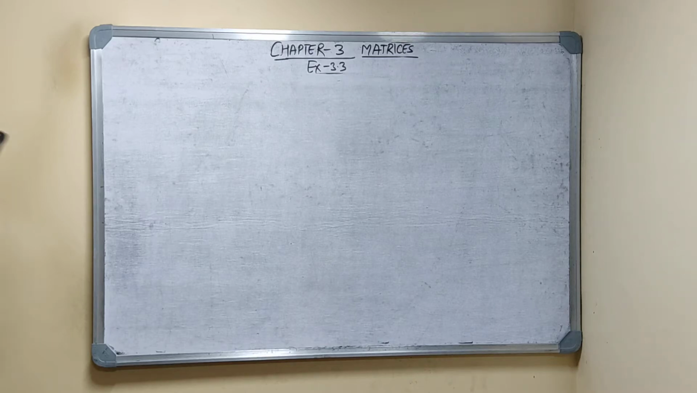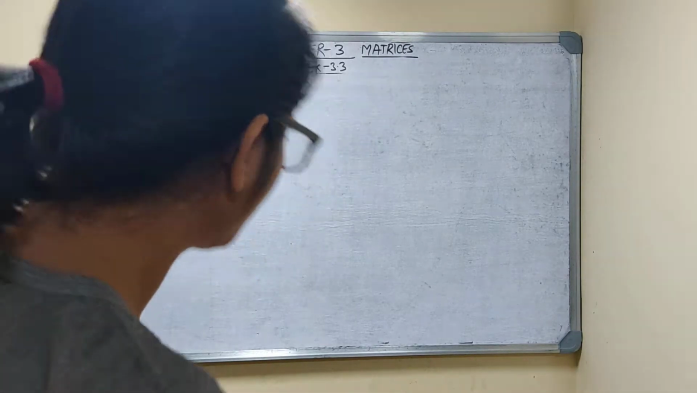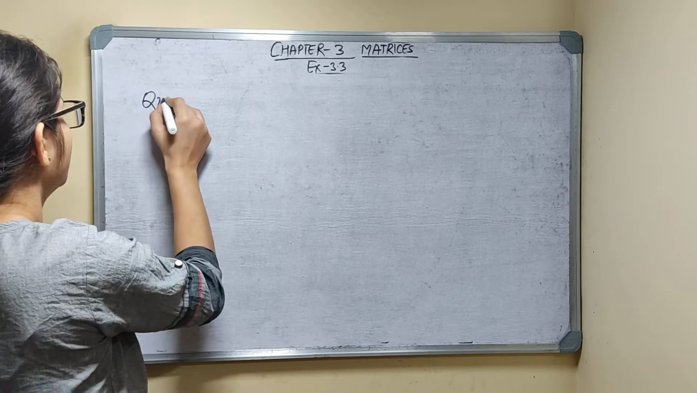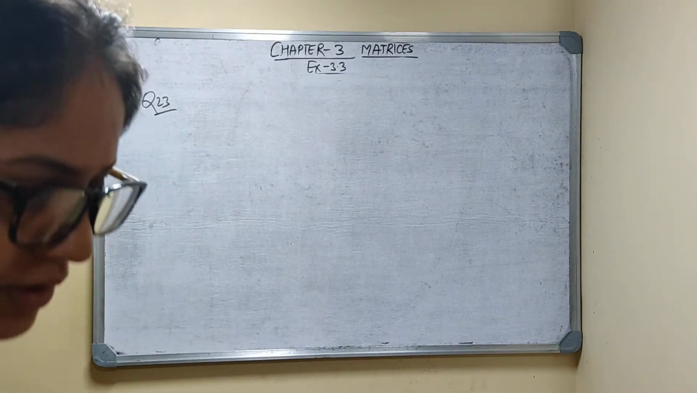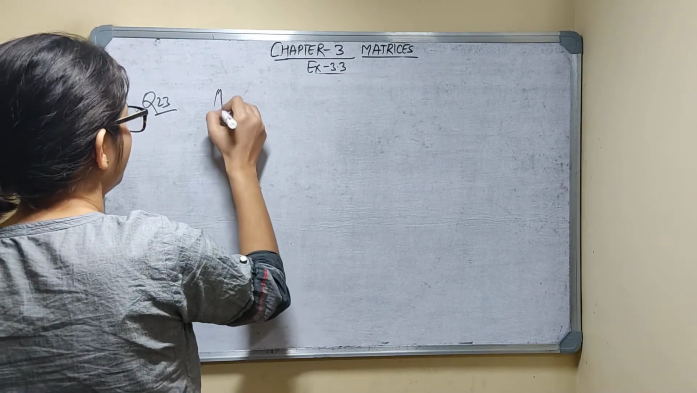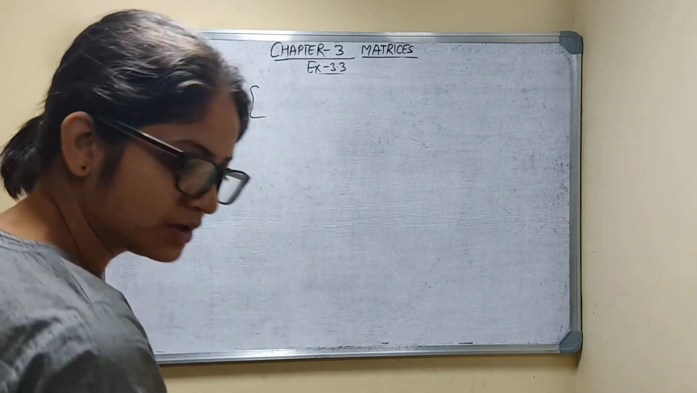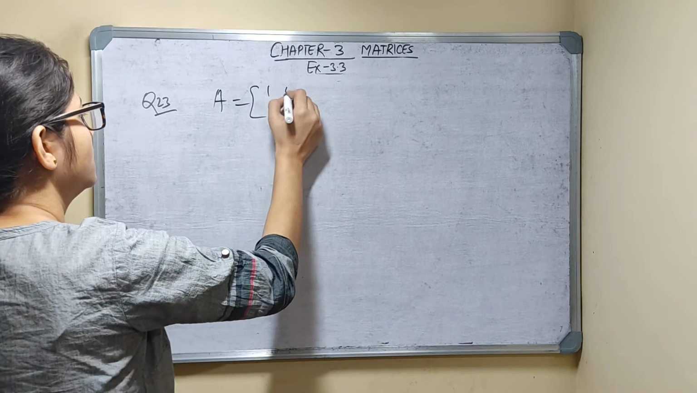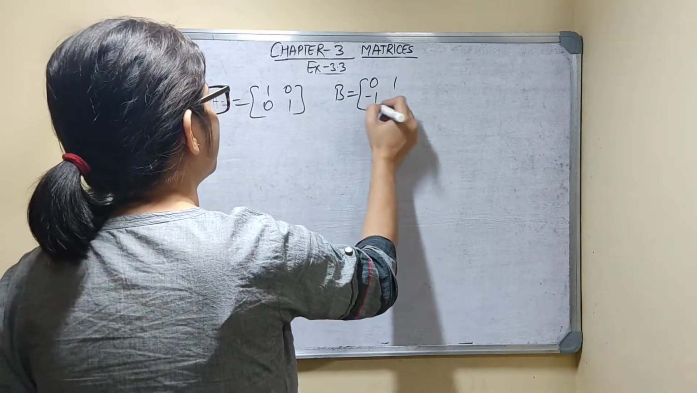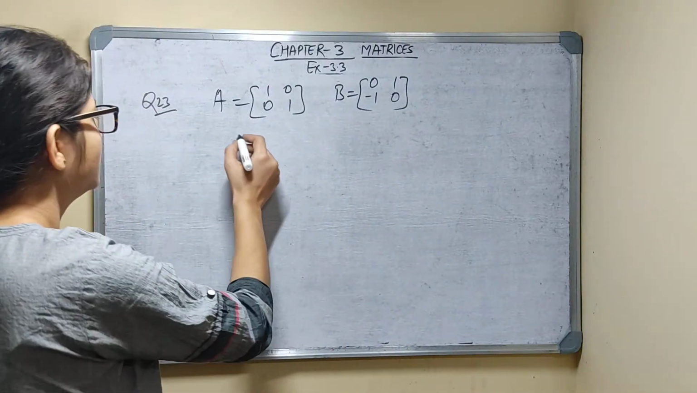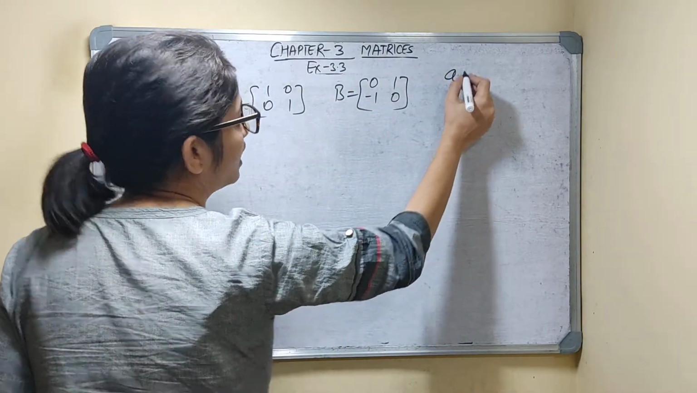Question number 23. Two matrices A and B are given. A is equal to [1 0; 0 1] and B is equal to [0 1; -1 0]. We have to show that